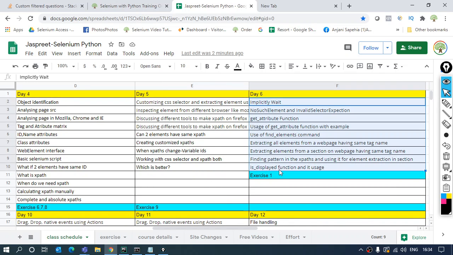Along with the topics that I am going to cover in class, I'm also going to give you some exercises related to them, so that whatever I do, you can see yourself, and on another URL you practice the same thing.